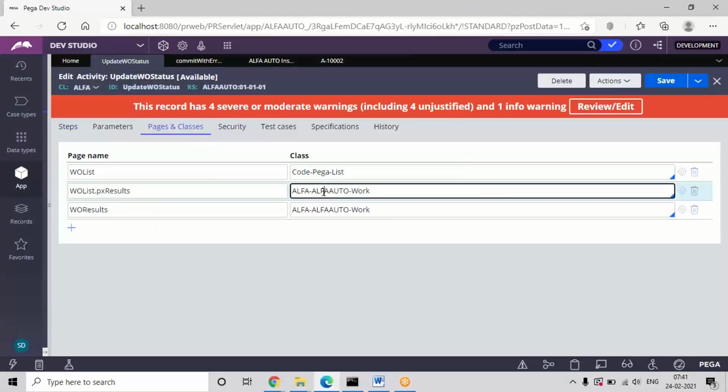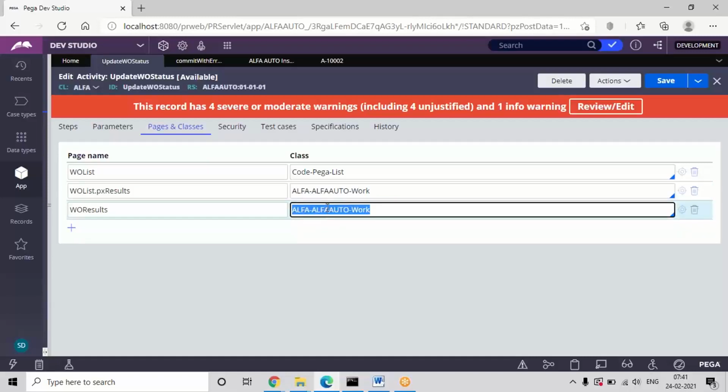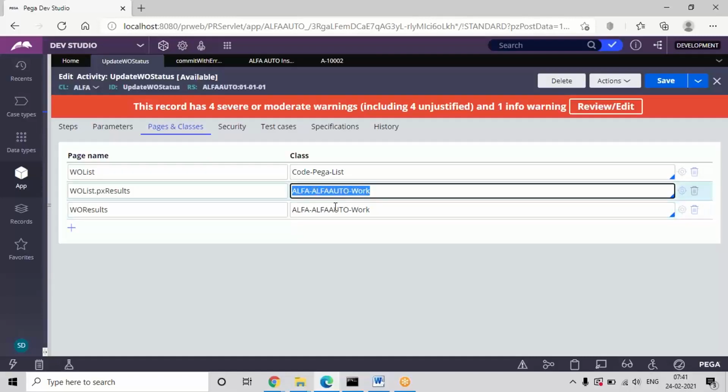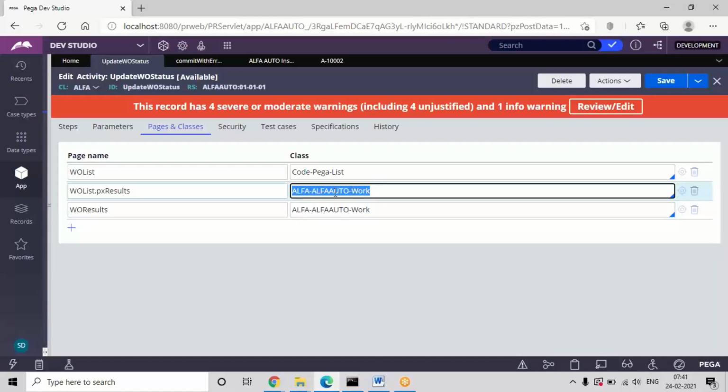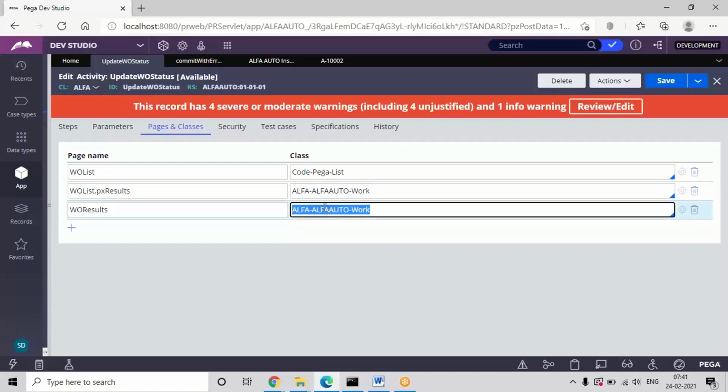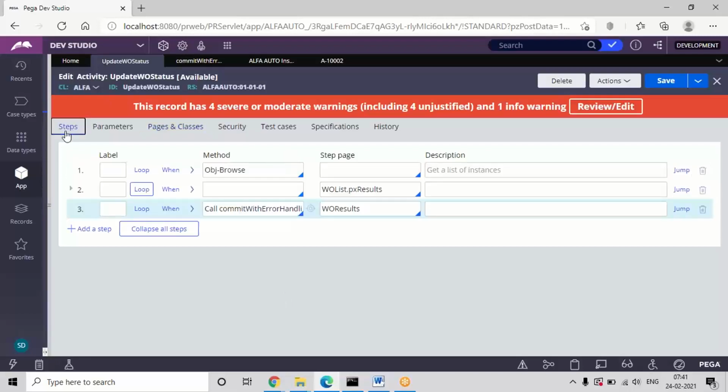So we are updating in the same class, but in real time, if you fetch data from some table and update to some other table, the class names may be different. If you fetch from the customer table and save it to some other table, accordingly we have to give the mapping here. Okay. So any data fetching and updating methods configuration is the same. Maybe property names and table names may be different in real time. So in the next scenario, you may work on some other table or some other data we are going to update. Okay, but the process is always the same. If you know the process, anywhere you can implement this requirement.